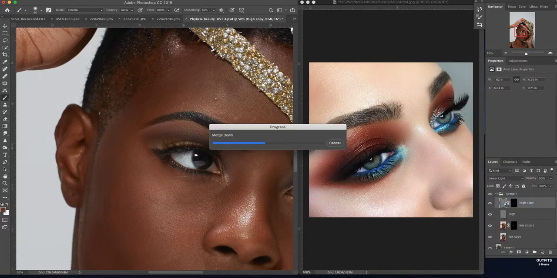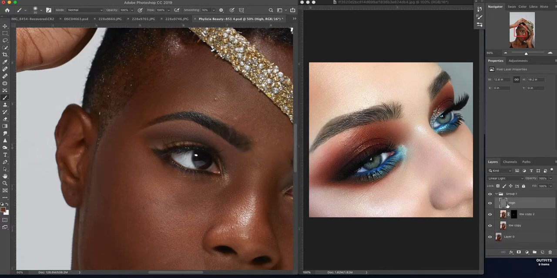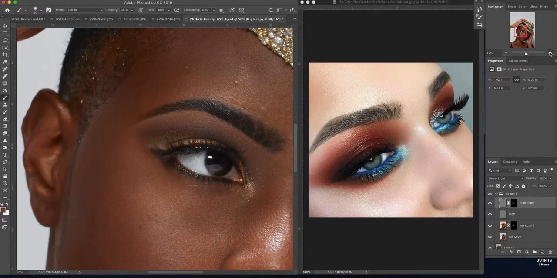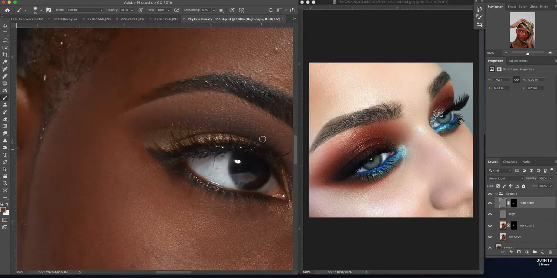The reason we reduce it 50% is because when you merge two texture layers together, it increases the strength, it increases the sharpness like by 100%. So if I were to show you, just for an example, if I were to keep it at 100%, just keep your eye on this area here because that's the only part that's going to show. When I merge it down,